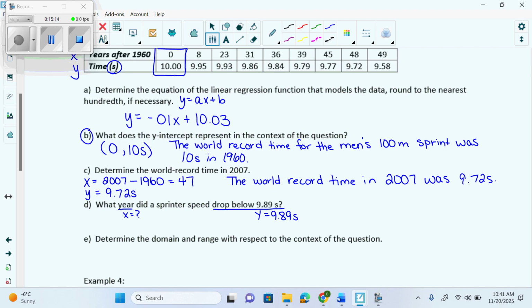And I get 21.47. So what would I round up to make it go below? 22 years after 1960. So what would the year actually be? 1960 plus 22. So it's actually